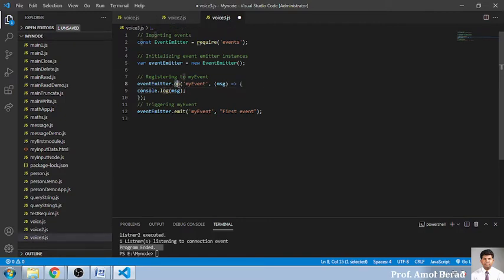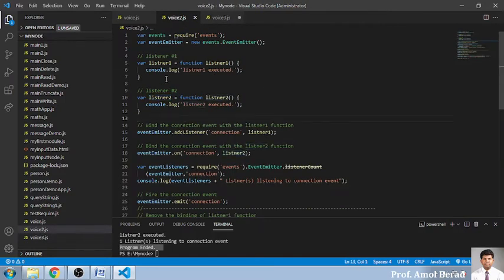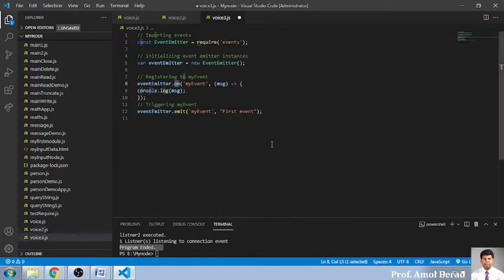Now what is the on function? In the previous example we saw that whenever we write an on function, it is very simple: the name of the object, on function, the event, and the listener. There we wrote the listener as a separate function, that's why we passed that function name as the listener. Here we are not creating a name for the listener, we are directly writing a function, so we can write a function like this also.